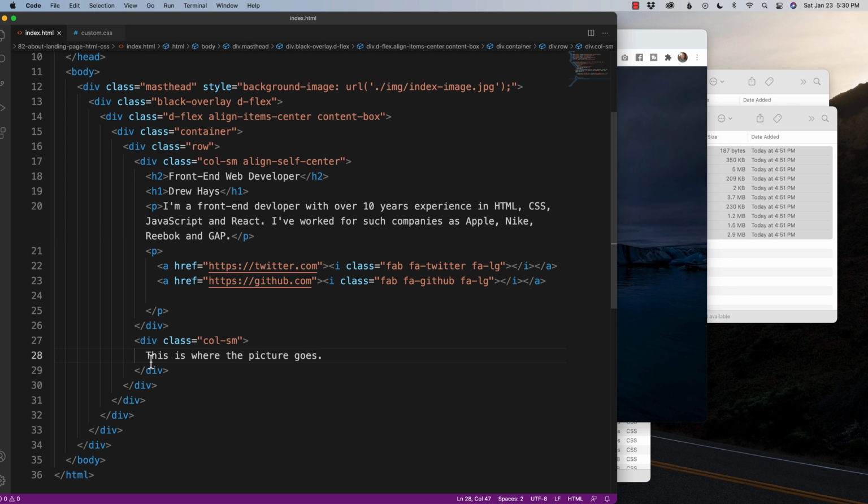So where it says this is where the picture goes, I'm going to take that line out and I'll say img src for source, and then go find that index image.jpg. Now what I have to do is also give it alt information. So I can say black and white photo of Drew Hayes. And then what I'm going to do is close it up. Take a look at it. And if I save it,